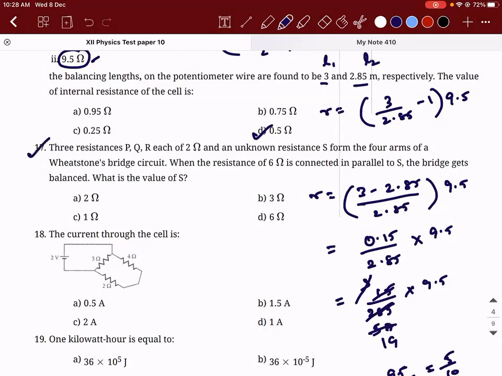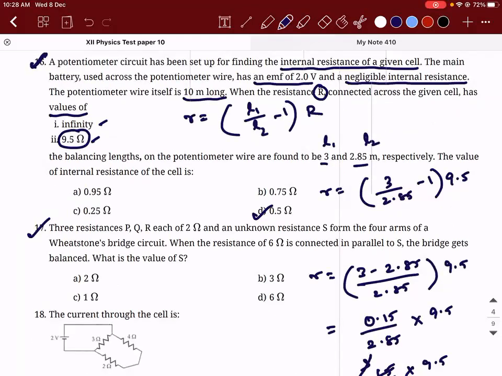Right, question 17. Sir, I have a doubt. For the first subdivision, why are they given the infinity, sir? When the resistance R is connected across, because they are doing the experiment with 2 parts to find the 2 balancing lengths. That is why in the first case they told infinity. It doesn't mean infinity literally. Here infinity means a very high value which they don't want to disclose, like how you say a voltmeter has infinite resistance, something similar.